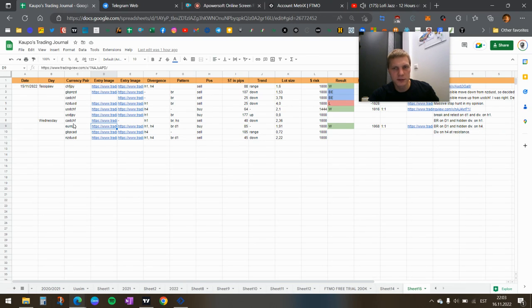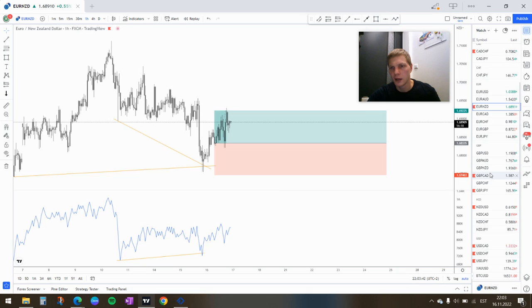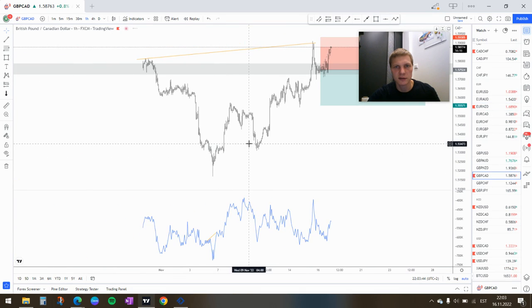So this was the Euro NZD trade. GBP CAD. Oh, for some reason I don't have GJ here. GBP JPY is GBP JPY as well. GBP CAD. GBP CAD is in a drawdown right now,